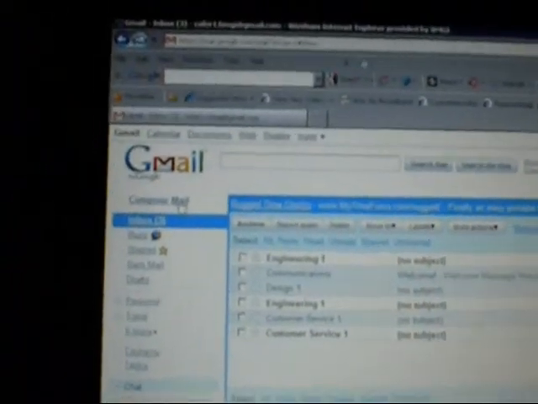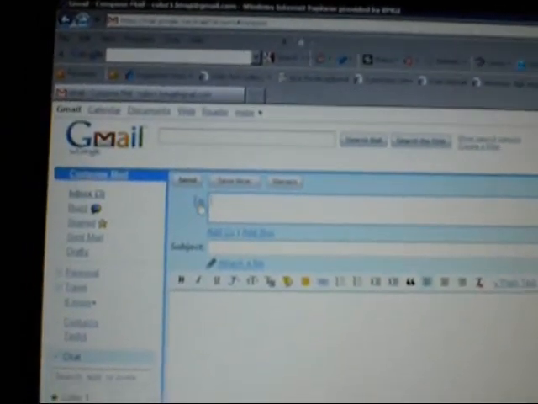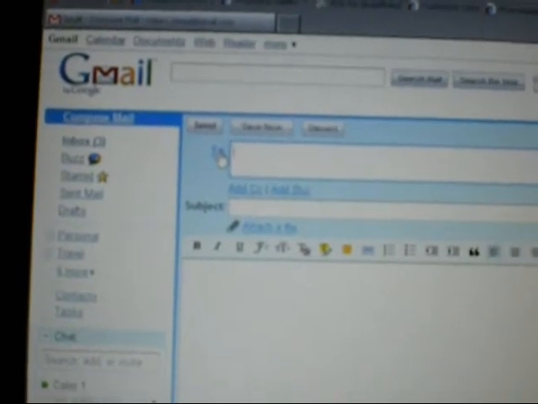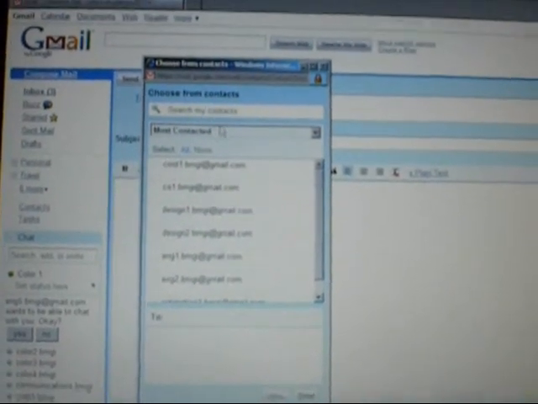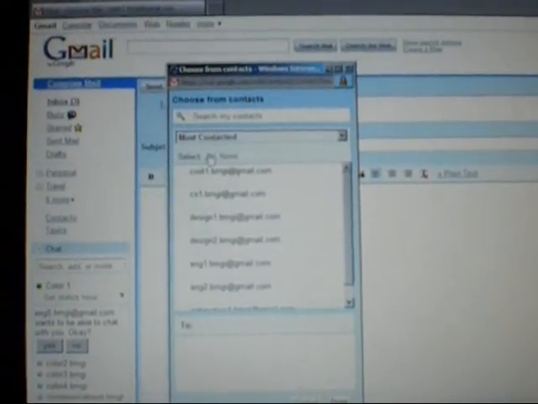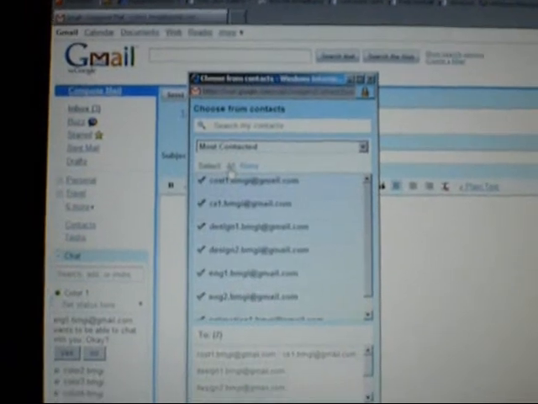I'm going to compose mail, and you want to send it to the people in your address book so that everybody knows. I'm going to click all so that everybody knows that you're done with your part in this request for price. So I'm going to click done,